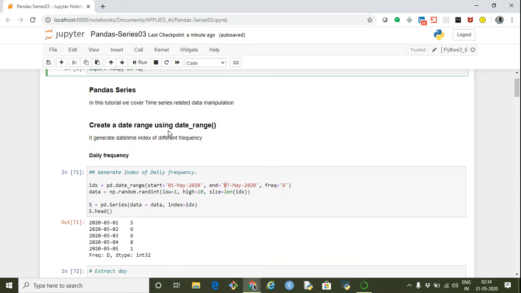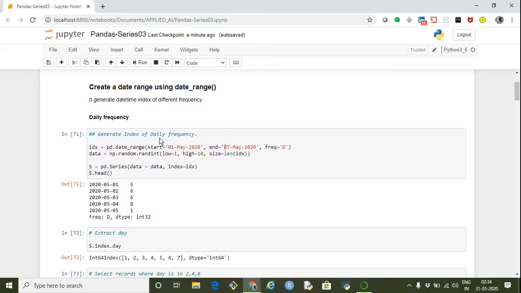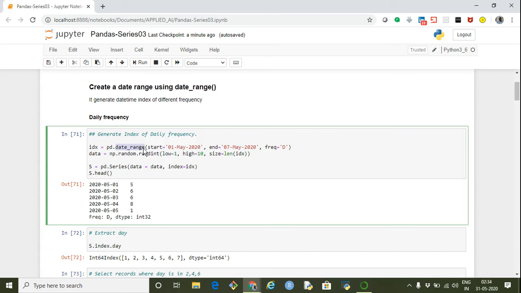Basically it generates a datetime index of different frequencies. The way to use it is simply to say pd.date_range, and then we specify the starting date. Let's say I want to generate values from 1st of May 2020.